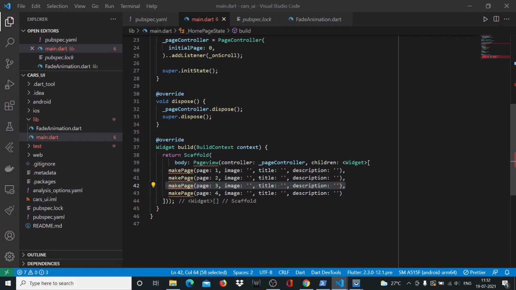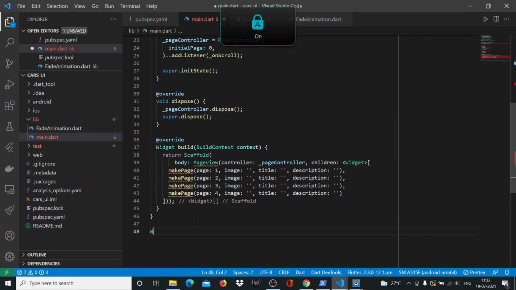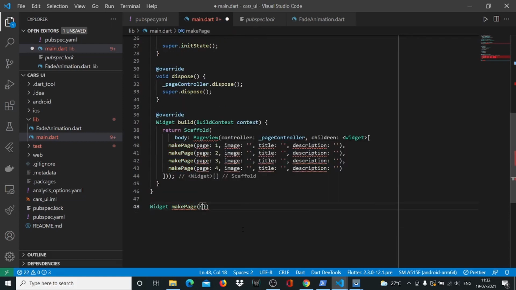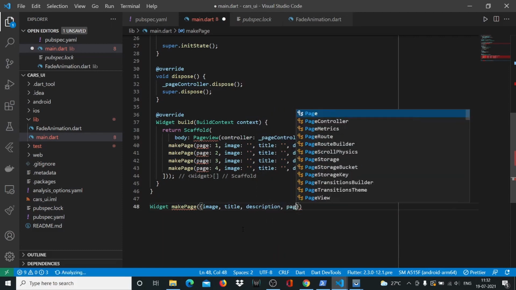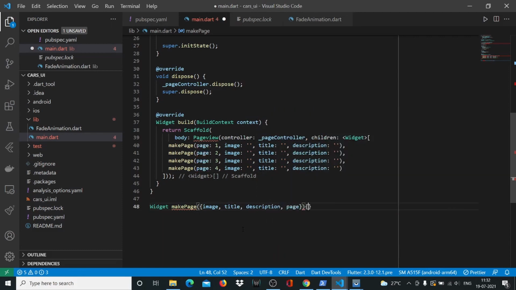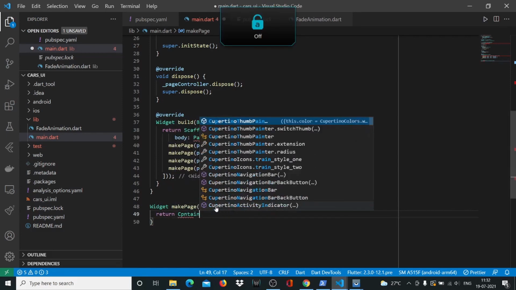So let's get started. So I'll come here and I'll say widget make page, and by the way, to make page we are passing these four different parameters. We are passing the page number, the image, the title and description. We'll fill in these details right now, but before that we'll just start writing our widget a little bit. So here we'll have to accept those four parameters that we are passing. So we'll say image, title, description and page, and in the function or the widget definition we'll write return container,